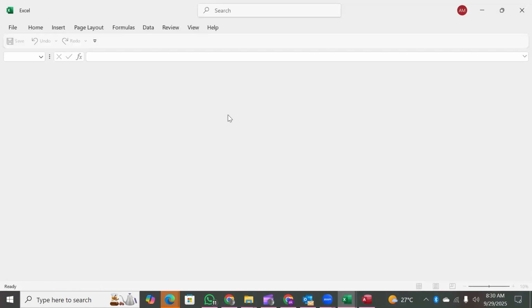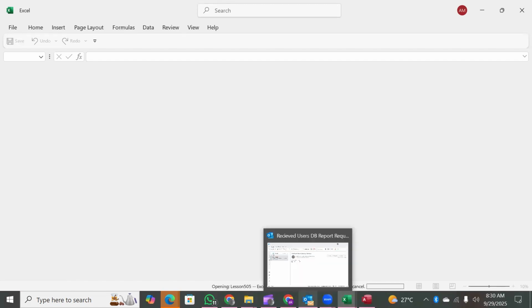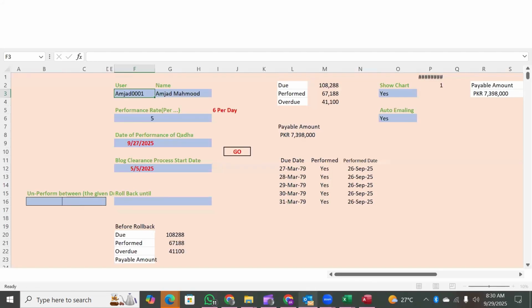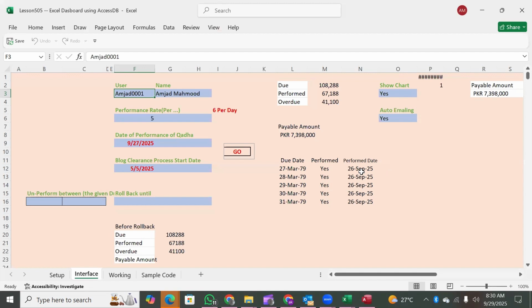So it's opening, and it is now going to watch what's in the folder, and it will take the action, and within 45 seconds, this will be done. Yeah. So it's going to take the action, and the performance date will be 26. And from 1st of April, 5 days will be reported as performed, right? So let's see. As soon as it completes its job,